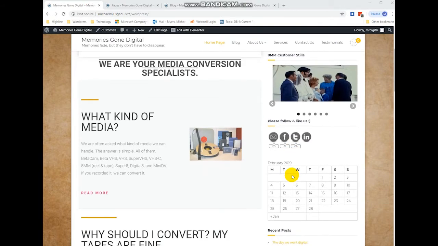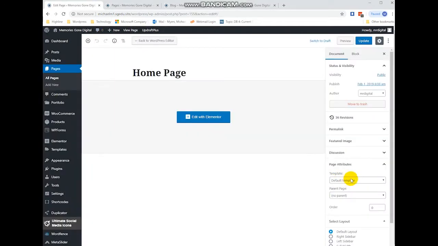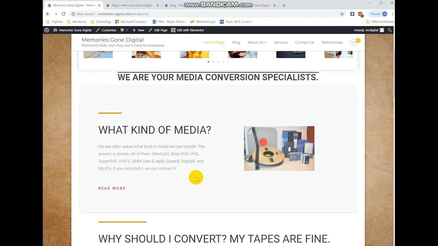Now we have some basic control over those widgets, but for example on our home page we have our widgets here, our content centered here, but I want to get rid of those widgets. Now I showed you earlier that we can edit the page and we can choose a full width template. In this case I'm going to use the Elementor full width template since that's what I created the page with. And I can update that, and now I have a full page template in my theme, and the widgets have